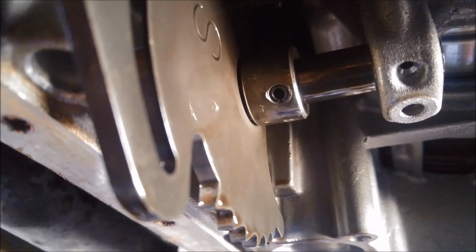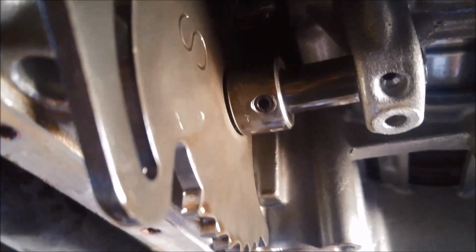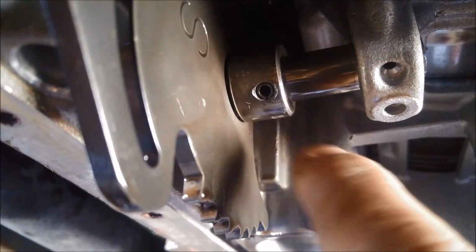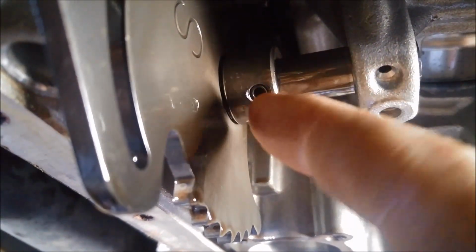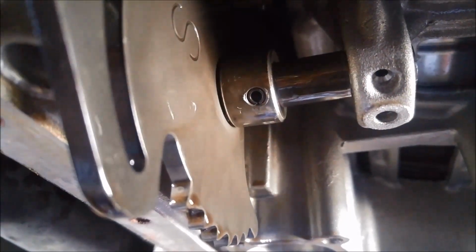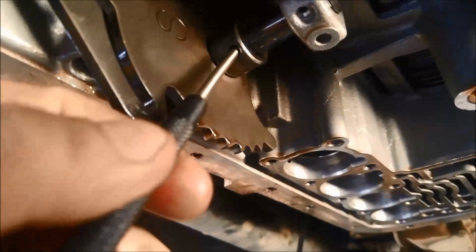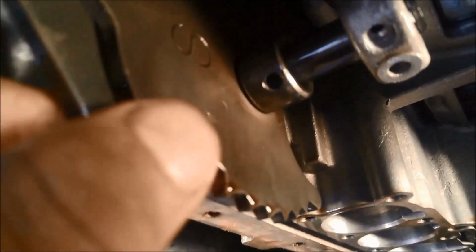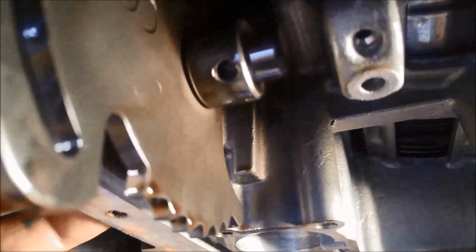Now you can see it's a roll pin, so just find a suitably sized punch and just punch that out through the top. You don't have to go all the way, you can leave it sitting in that ring, but it has to clear that inner shaft to be able to slide it out. Okay, I've tapped it through with the punch, just gently, and you know when you're through when this will slide through like this. So now I should be able to, there you go, just slide that out,